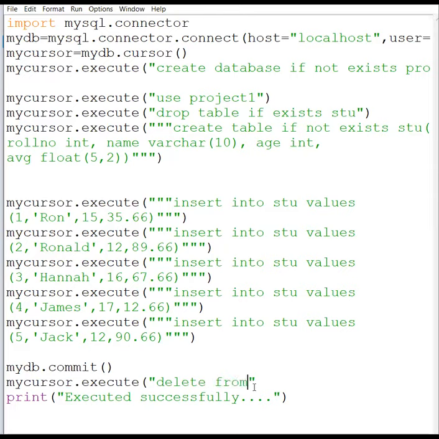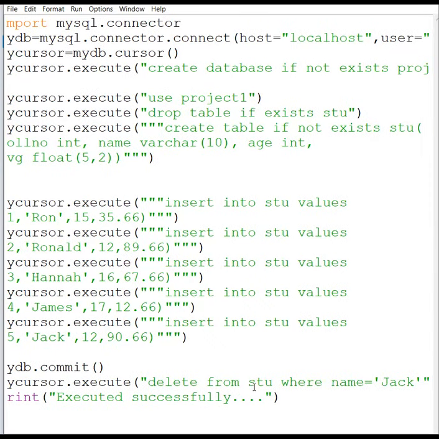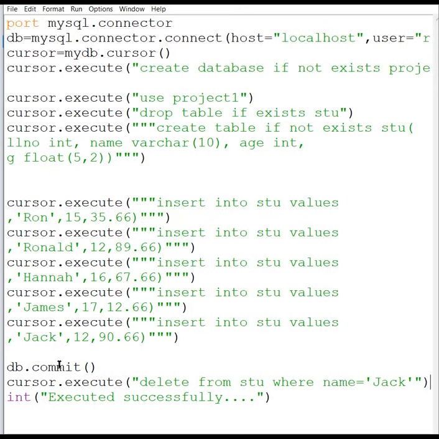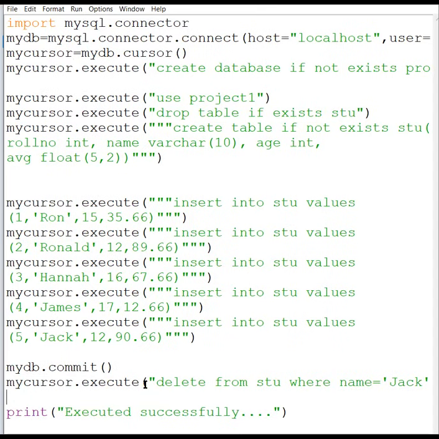Delete from STU where name is equal to, then in the single quote, Jack. Okay, once this is done, then we have to close the bracket and then again we are going to commit this. Remember what commit is doing? It is making your changes permanent in nature.